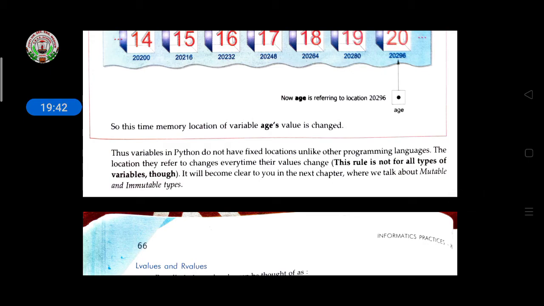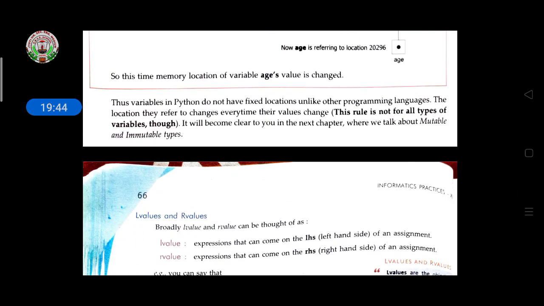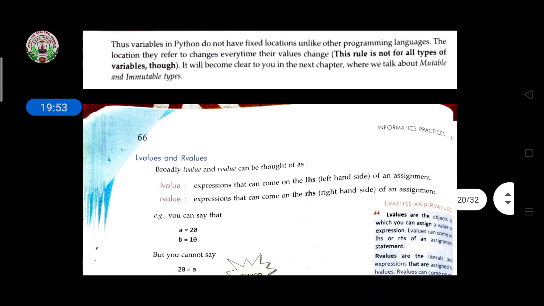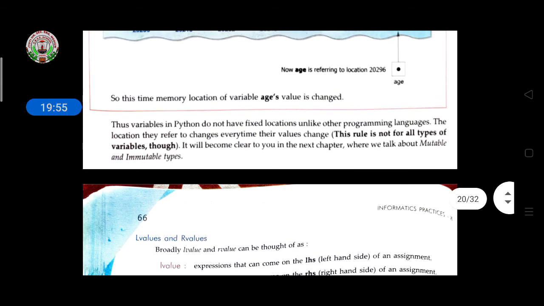Like this it changes, because Python does not need a container to store variables. The variables are always changing.